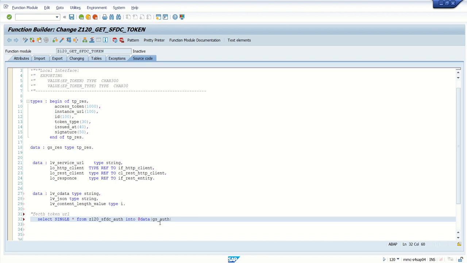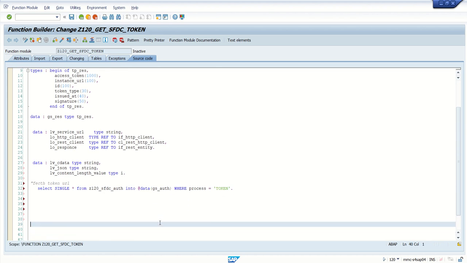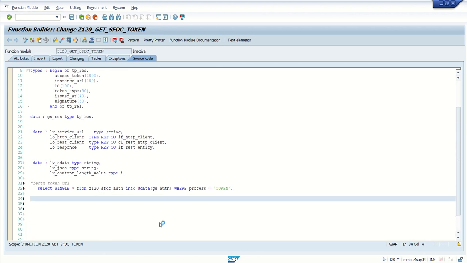Now I want to fetch the URL for token. So for that, my process is token. Okay, with this name, I have maintained the URL and other details like type, password and all to fetch